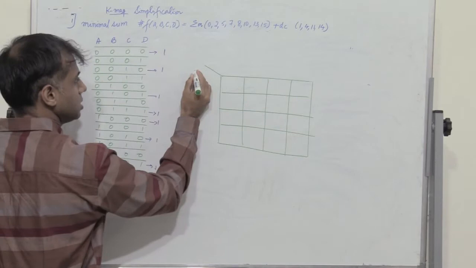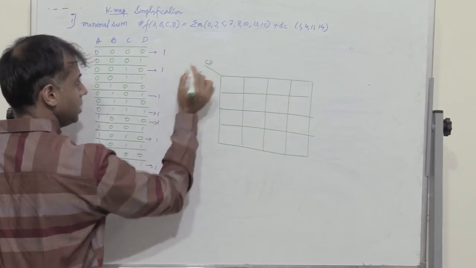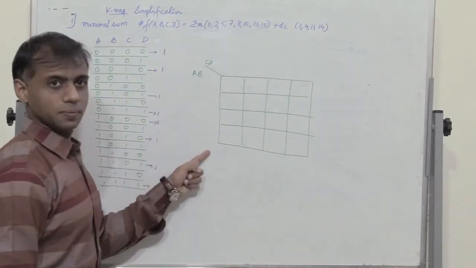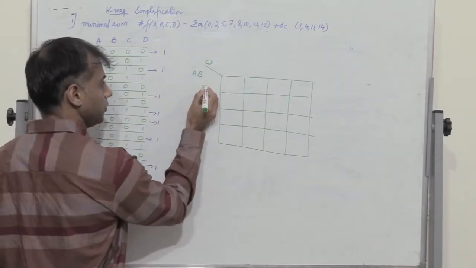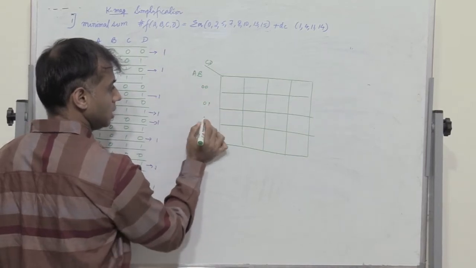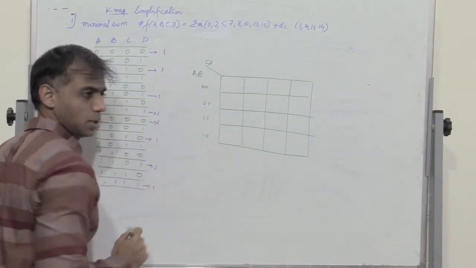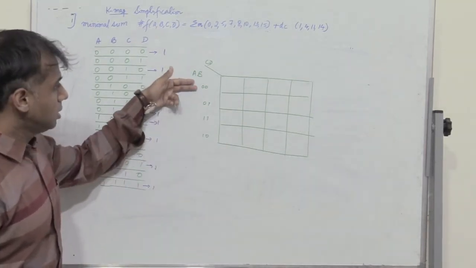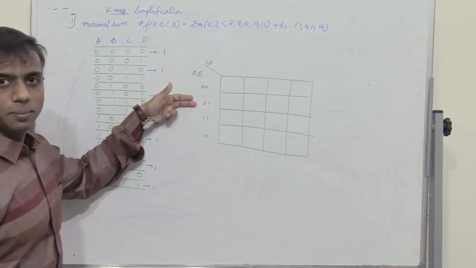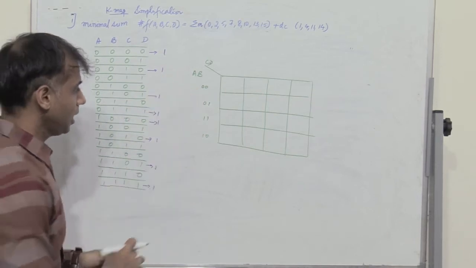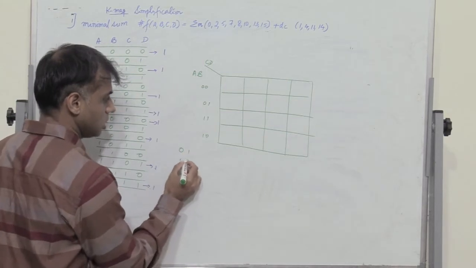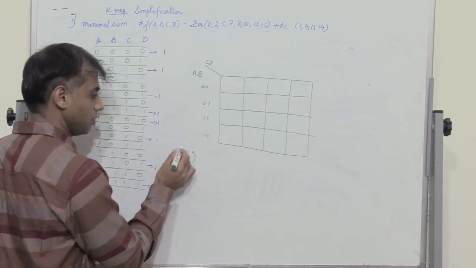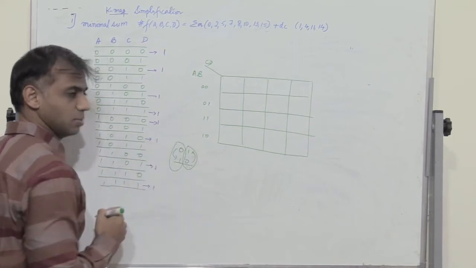So we have four variables, AB being the MSB and CD being the LSB. AB are two variables and there are four rows. So therefore the weight of the first row is 0, 0, 0, 1. The next one is 1, 1, 1, 0. Right? So we have grey code representation here because the adjacent two rows should only differ by a single bit position. So if I have 0, 1 and if I write 1, 0 as the third row, here I find that two bits are varying. So there is a variation in the first bit position as well as in the second bit position.